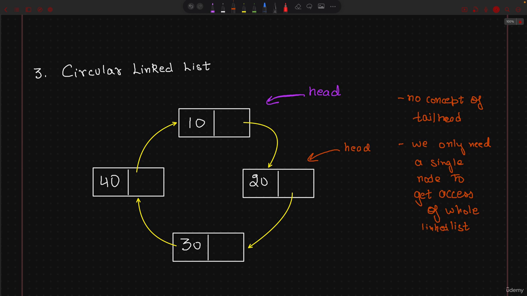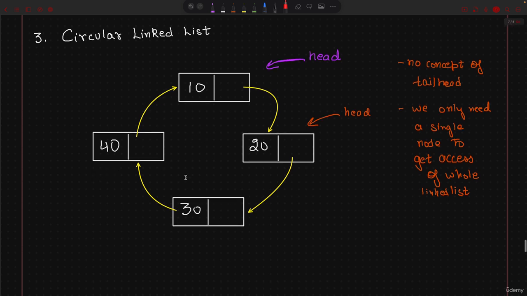Now, one thing to note here, everyone, is that the direction is this only. It's just that because it is circular, we don't need to worry about this, right? The direction is still the same. And many of you might have done that detect loop in a linked list question. So lots of things will be connecting from there only, right? We will be doing all the things in a similar manner. But instead of having a condition where we say that head.next is null, that is still no. We will just make sure that when we reach back to head,